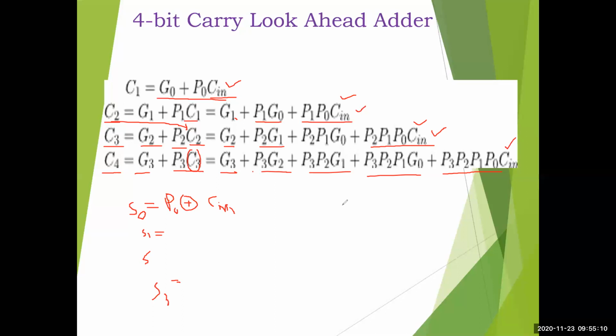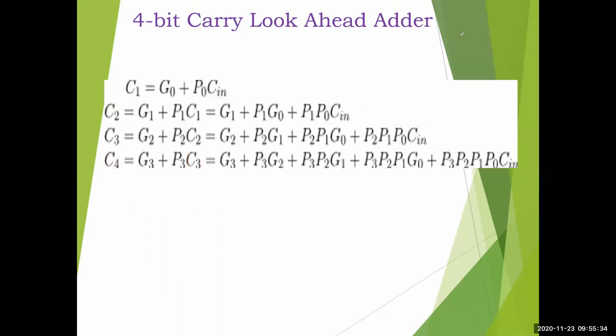As I told you, it is available in Google, Wikipedia, all these resources. The same thing I have copied here, and I have tried to explain it. Now we use the dataflow description. It is just an AND gate, right? So for an AND gate we use the AND operator, for an OR gate we use the OR operator. With that, we'll design this carry look-ahead adder. Now we are going to see the Verilog description part.